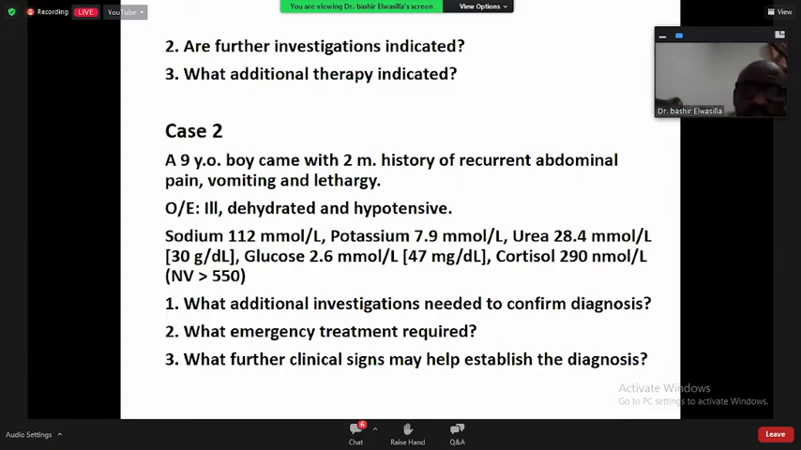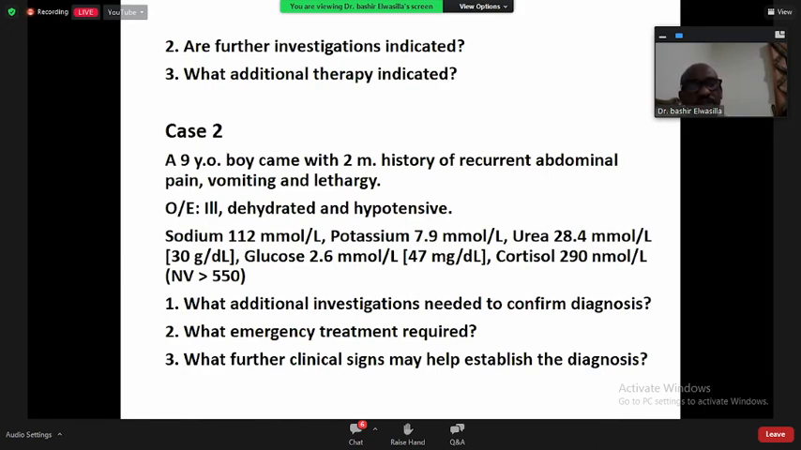So we go for near or for total pancreatectomy actually, because if you do near total pancreatectomy, you might still have hyperinsulinism, and that might expose the child's health to some fatality. So case 2, a 9-year-old boy came with 2-month history of recurrent abdominal pain, vomiting, and